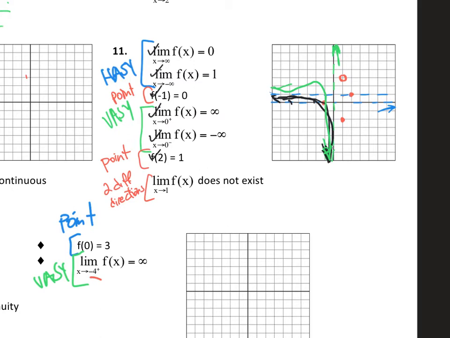So I'm still approaching 1 as the x's approach negative infinity. I'm still hitting that point, and I'm still aligning with that vertical asymptote. All right, so now let's go and do the other side here. So the important thing is that I have this vertical asymptote, right? That I hit this hole that I made,